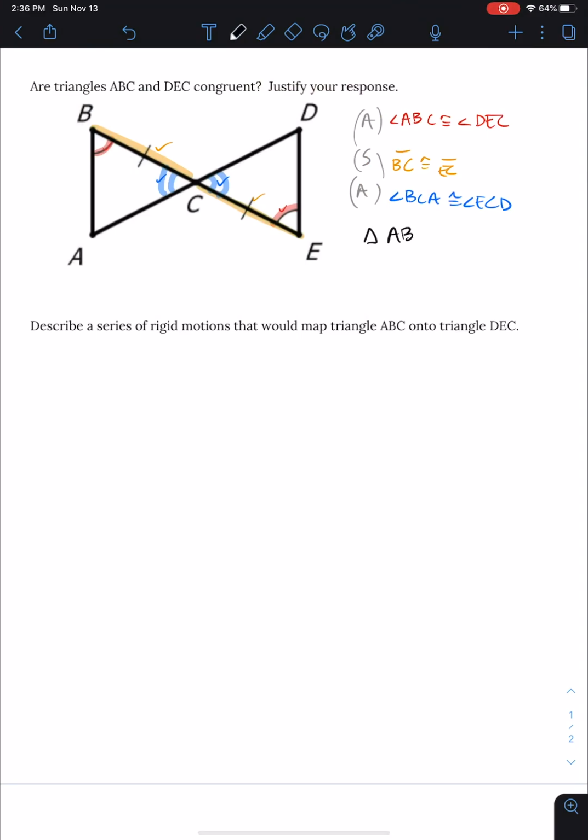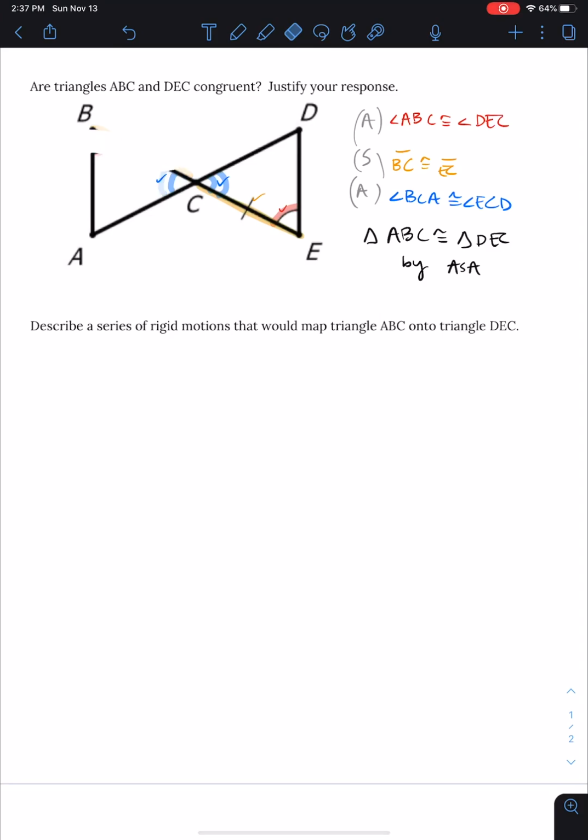So triangle ABC is congruent to triangle DEC by that justification that we discussed, angle side angle. So this is one way to think about how the triangles are congruent, and this would be a perfectly acceptable